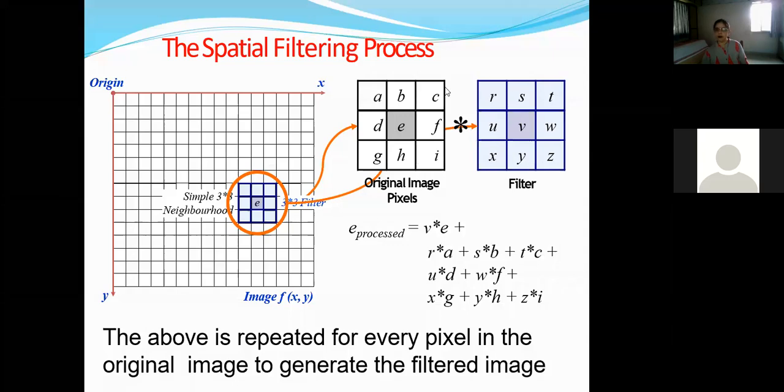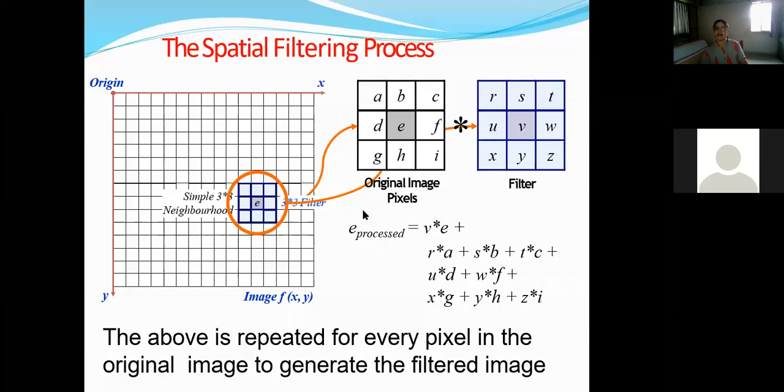So we perform two-dimensional convolution between the image area under the mask, or local neighborhood pixel values, and the filter coefficients. This two-dimensional convolution is as indicated here. We basically take the product of each pixel value with the respective filter coefficient and add all these products.